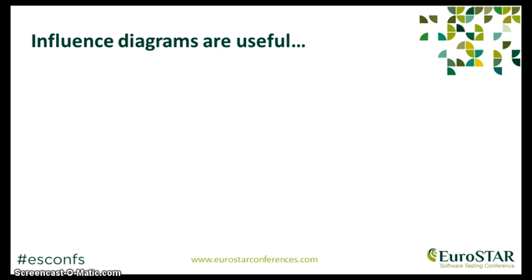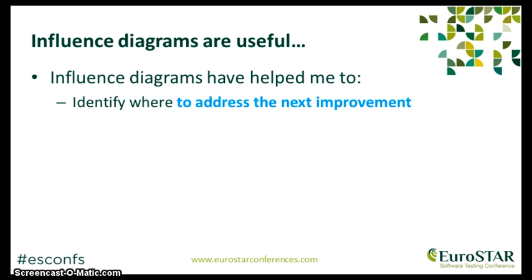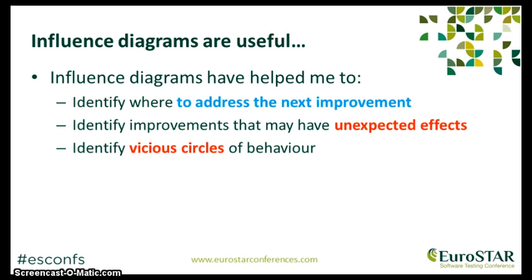So influence diagrams are really useful to help you identify where to address improvements, and in particular unexpected effects and vicious circles of behaviour that you want to remove. Importantly, it also tells you where the virtuous circles of behaviour are which you need to leave alone. Step away from those. Don't interfere. Don't deflect people from the good things they're already doing. In particular, don't try and do another layer of improvement, which might actually mean that you turn a virtuous circle